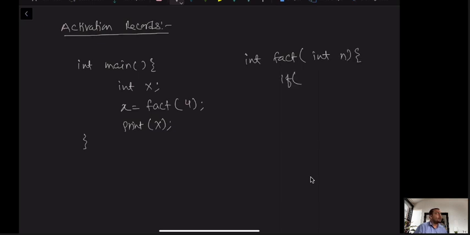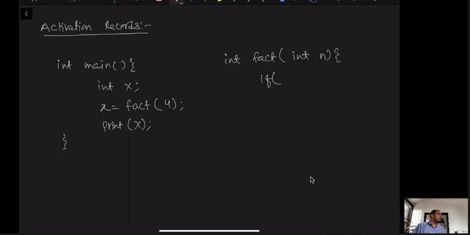Let's say we have a base case. In recursion we have only two things. One is the base case, which is a terminating condition, and another is the repeating condition, that is repeating again and again. So in factorial, if you want to calculate the factorial of 4, you do 1 into 2 into 3 into 4. Either you are incrementing from 1 to 2, 2 to 3, 3 to 4, or in the reverse order we can go from 4 to 3, 3 to 2, then 2 to 1. Either way you can go.